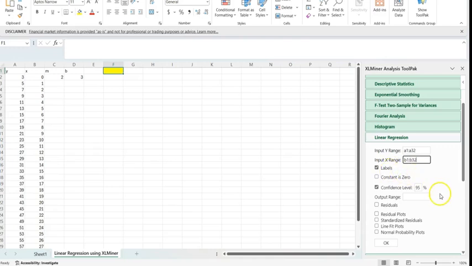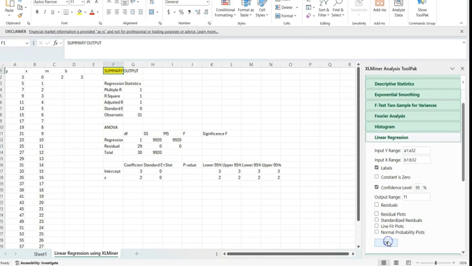I do have labels, confidence levels fine. My output range, you can put it anywhere, but I'll just put this in F1. Then click OK. And for this one, you can see that it calculated exactly. There was no change, so it's definitely the intercept is the B or 3, and then the X is 2. So like if I graph this as an example,